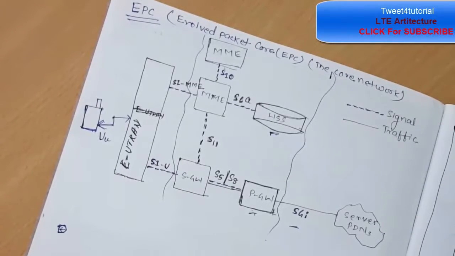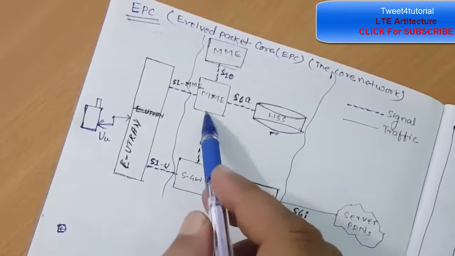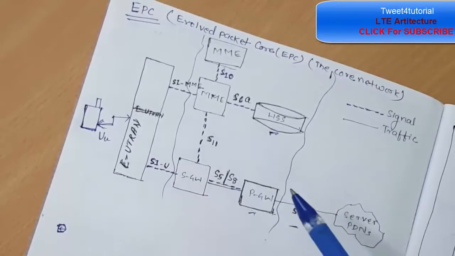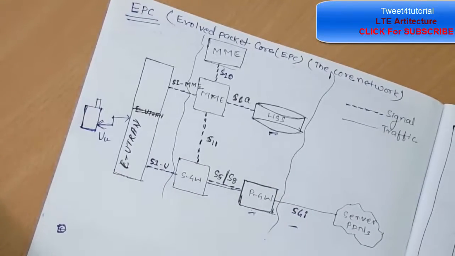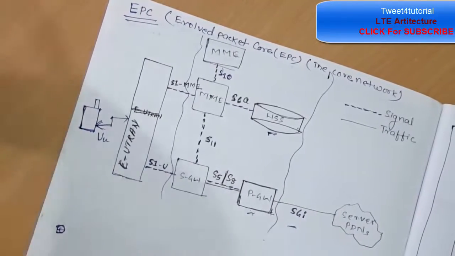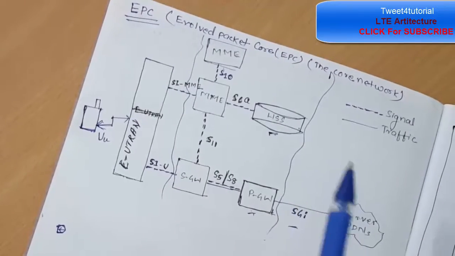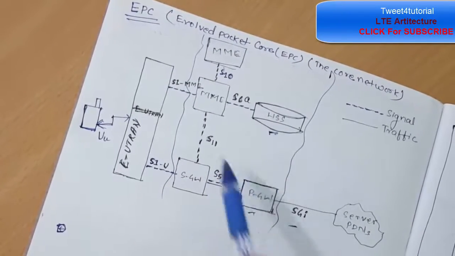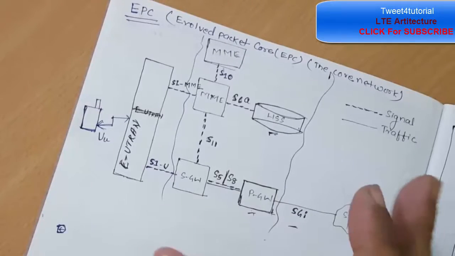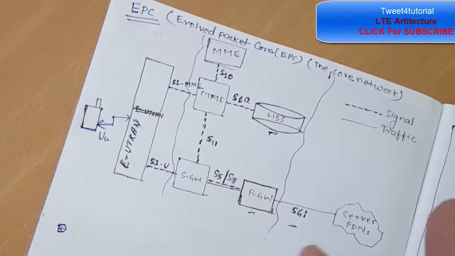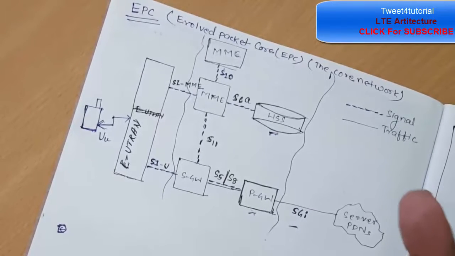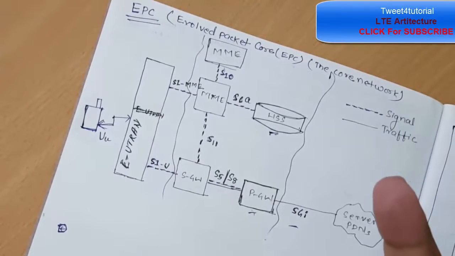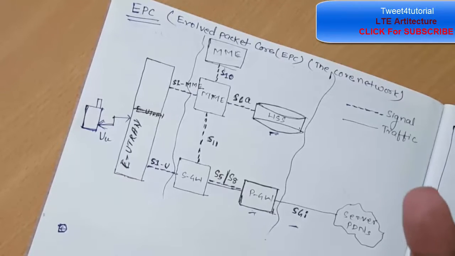And the MME is an important element. The Mobility Management Entity controls the high-level operation of the mobile by means of signaling messages and the home subscriber. And the Policy Control and Charging Rules Function, PCRF, is a component which is not shown in the above diagram, but it is responsible for policy control decision making as well as for controlling the flow-based charging functionality in the policy control enforcement function, which resides in the PDN gateway.